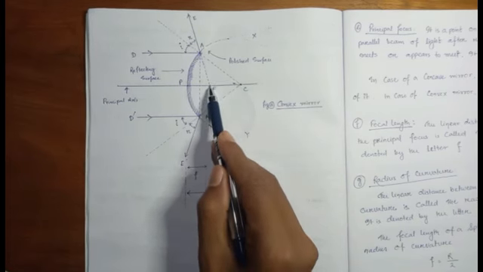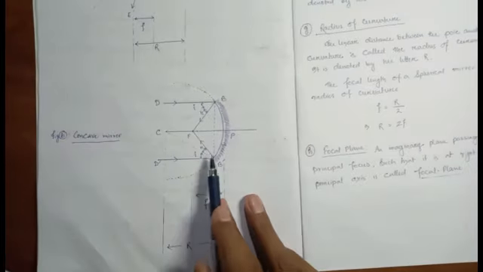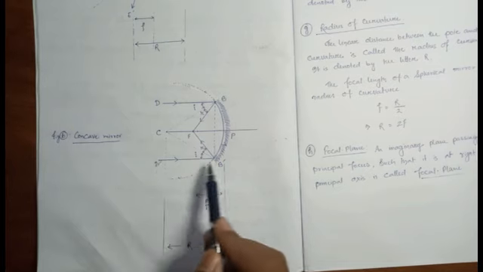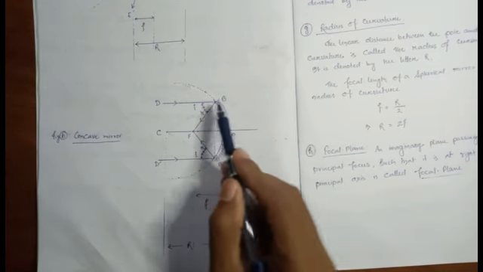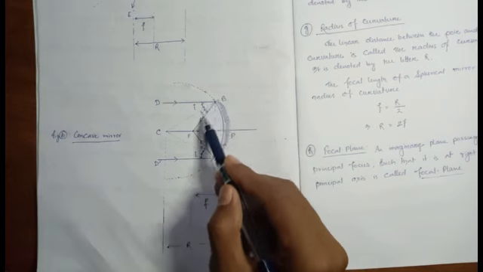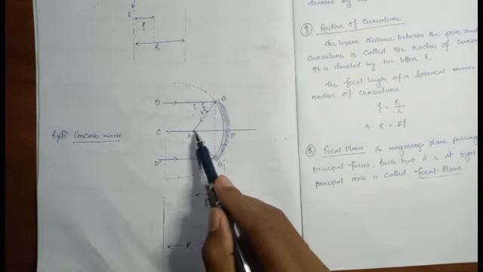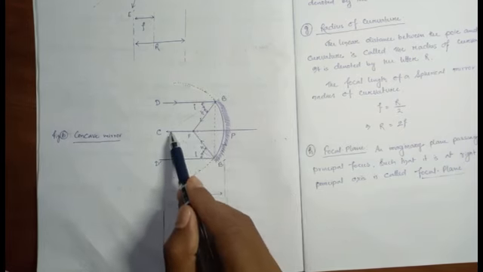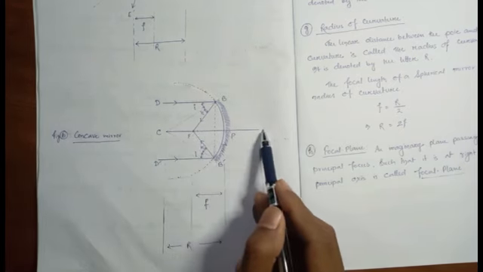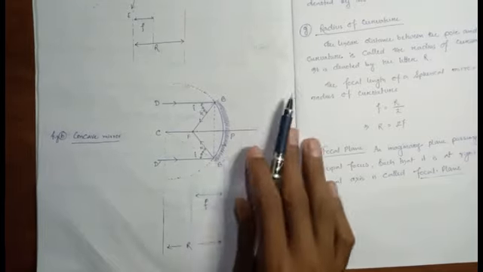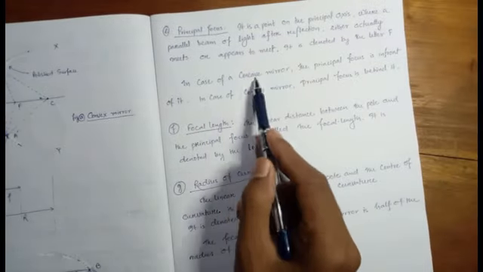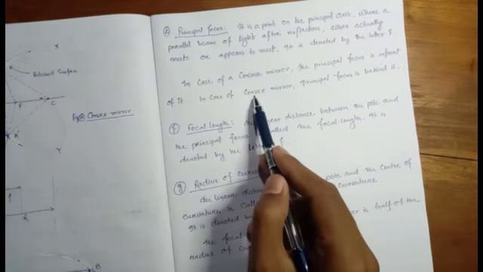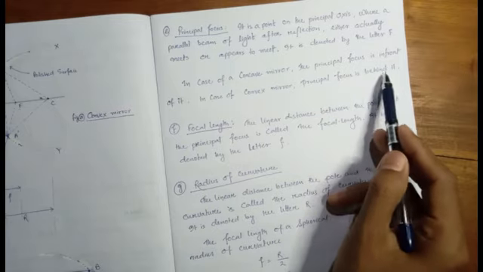That point is called principal focus. Similarly, in this figure also, you can see here this dB and d dash b dash are the incident rays. When they are reflected by the surface, they pass through the point F. So they actually meet at a particular point F, and this point F is lying on the principal axis. So this point is called what? Principal focus. So in case of concave mirror, the principal focus is in front of it, and in case of convex mirror, the principal focus is behind it.